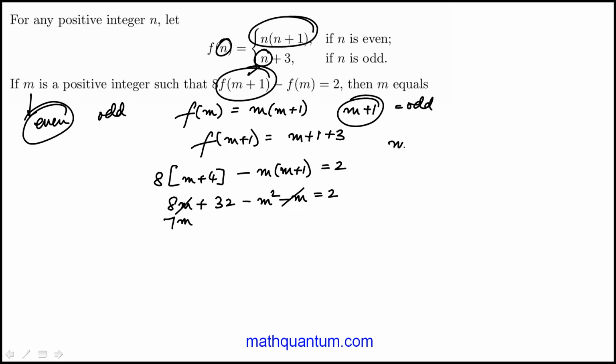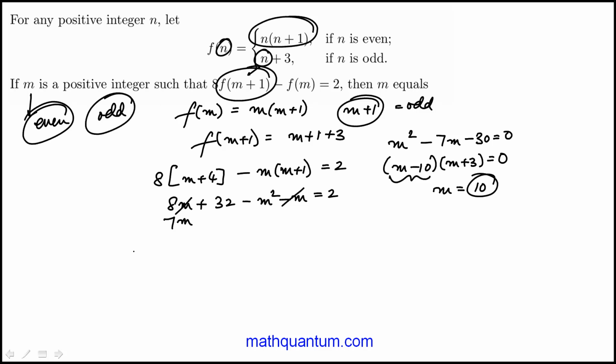I'll move them to the other side. m squared minus 7m minus 30 equal to 0. And you'll see this factors to m minus 10 times m plus 3. Only positive value is m is 10. And that's the answer. Now, when I first did it, I started with this m being odd,